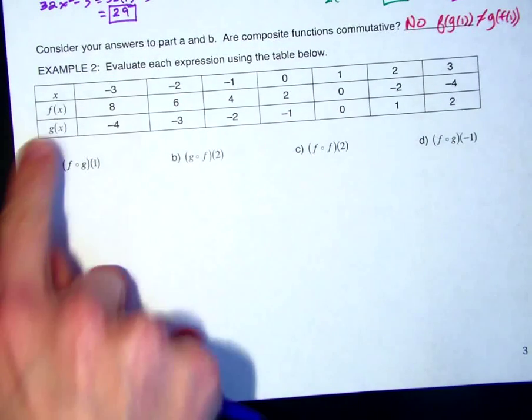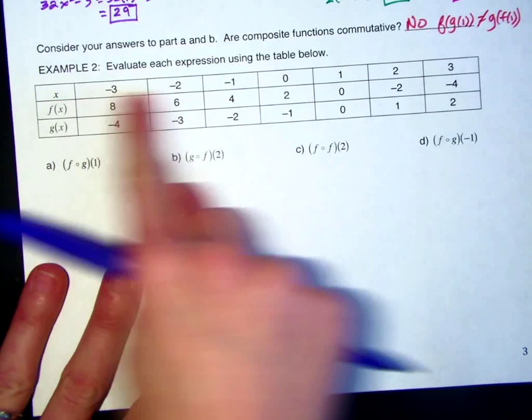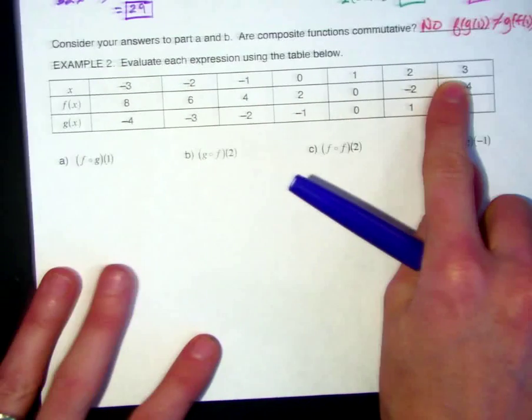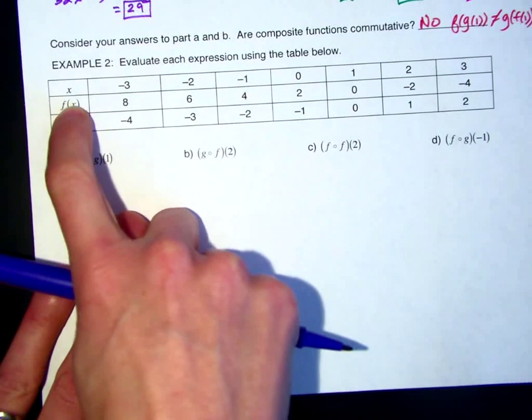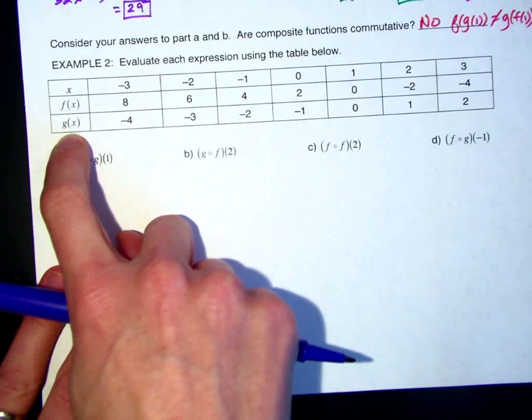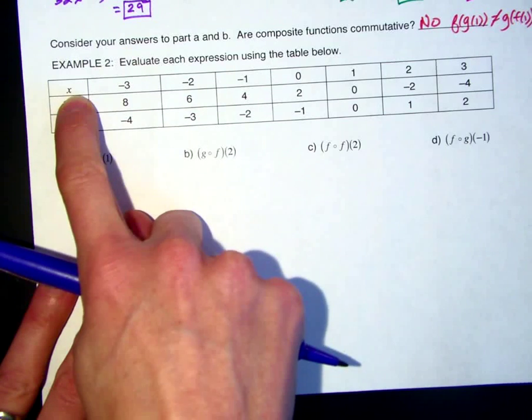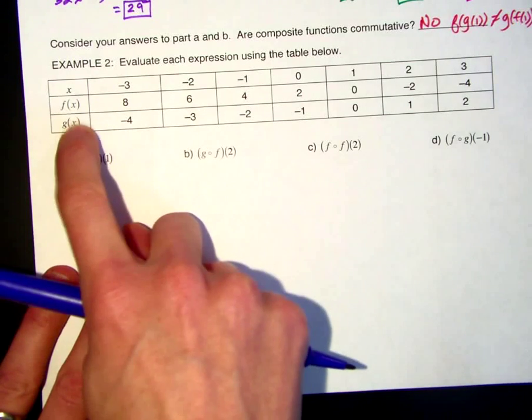So I want to take a look at the table. The top row here is your x values. The second row is f of x, and the third row is g of x. So we have x in the top, and then these two rows are generally what we would consider our y